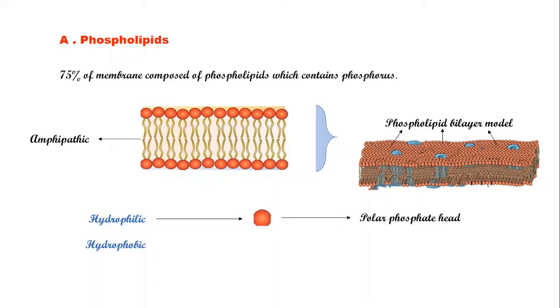Next, the hydrophobic or water-fearing part of a phospholipid consists of its long fatty acid tails. The fatty acid tails can easily interact with other non-polar molecules, but they interact poorly with water. The phospholipid bilayer formed by these interactions makes a good barrier between the interior and exterior of the cell.